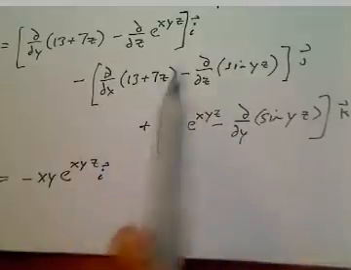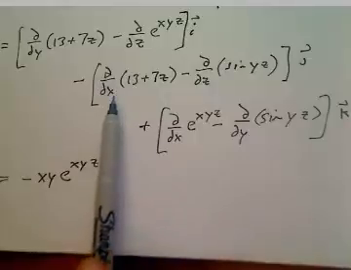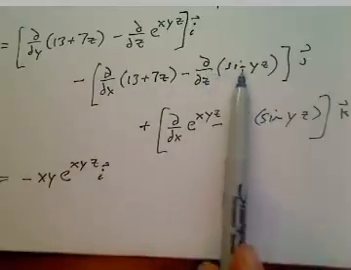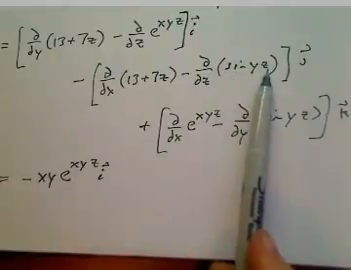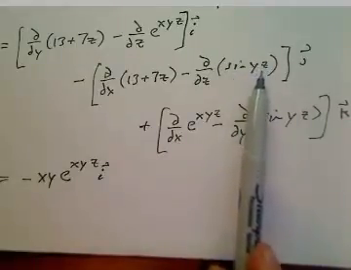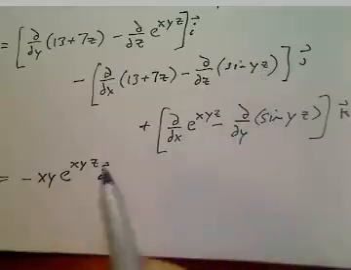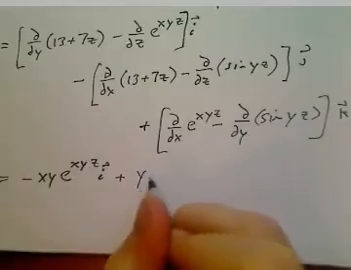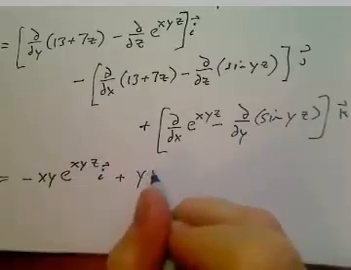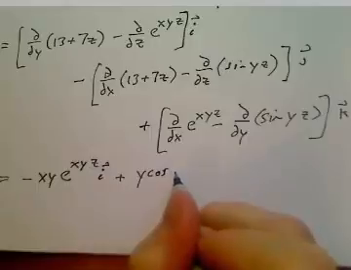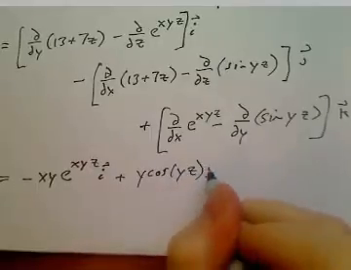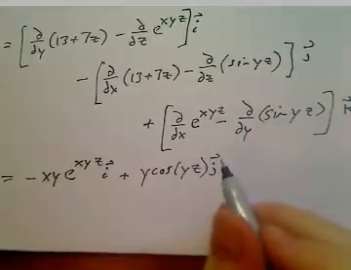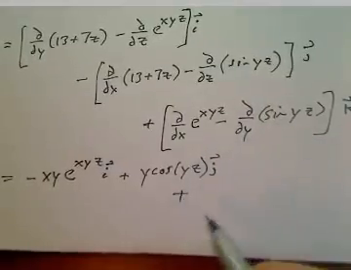Okay, and then on my j's here, partial with respect to x of this has no x in it, is 0, and then here I get cosine of yz times y because I'm using the chain rule and y is held fixed there. So this is going to give us plus y cosine of yz j,